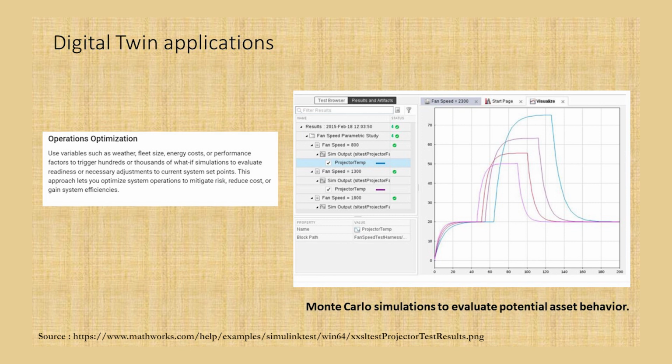You can use variables such as weather, fleet size, energy costs, or performance factors to trigger hundreds or thousands of what if simulations. Because you have a copy of the physical object on the computer that is continuously being updated, you can create lots of simulations based on various variables,